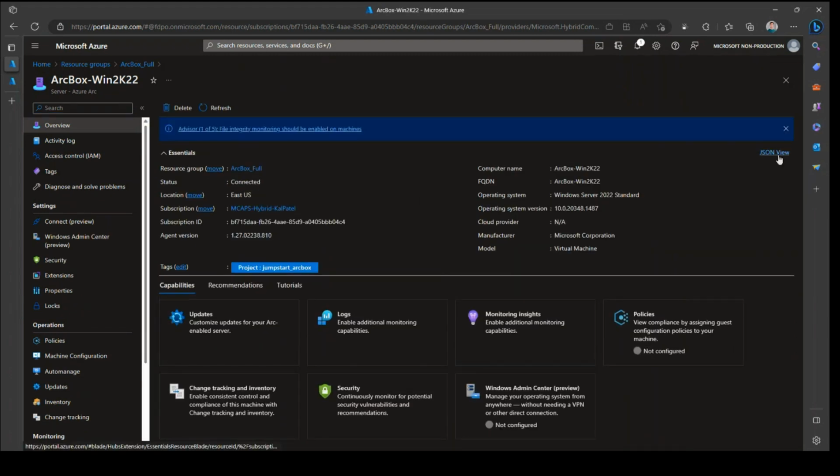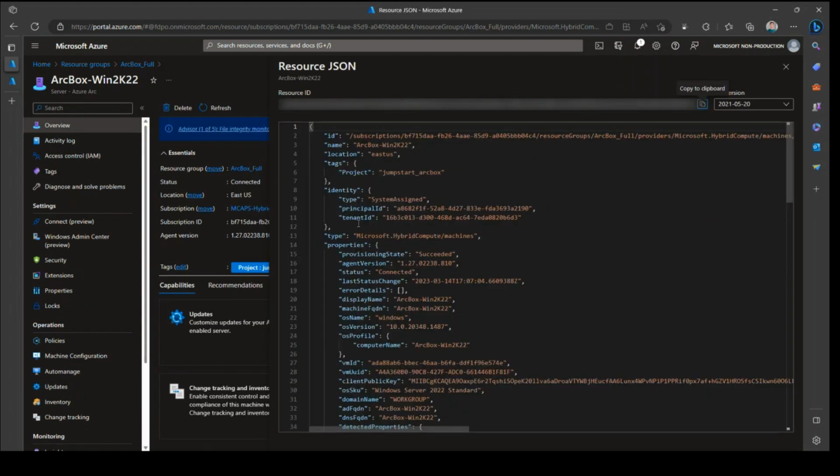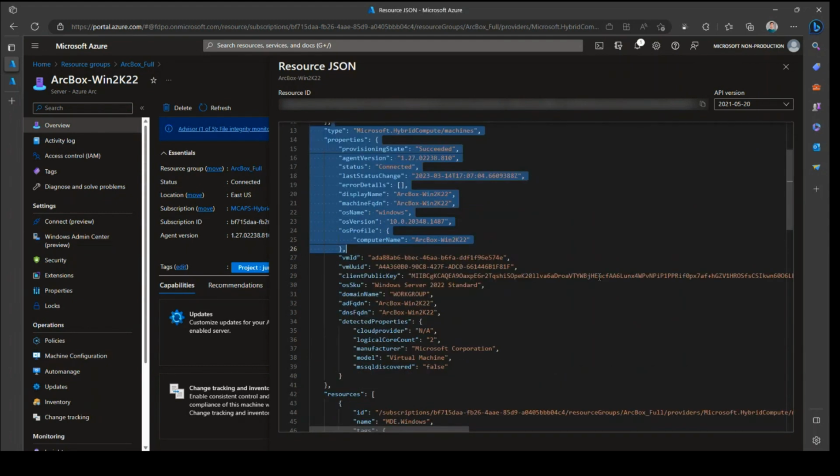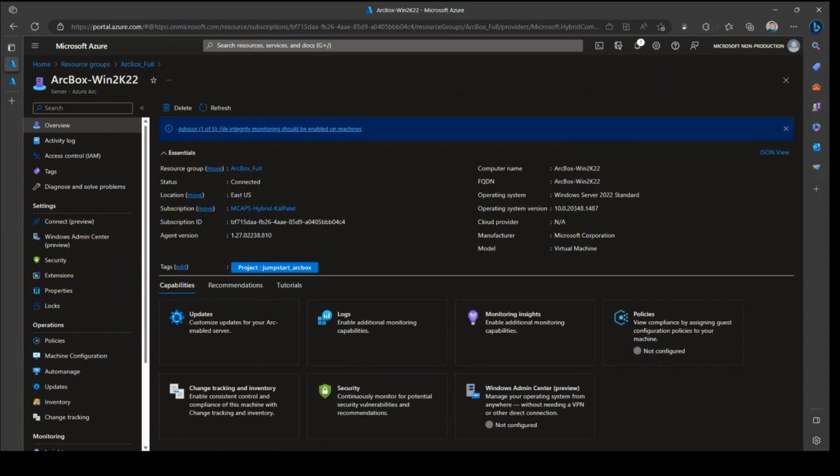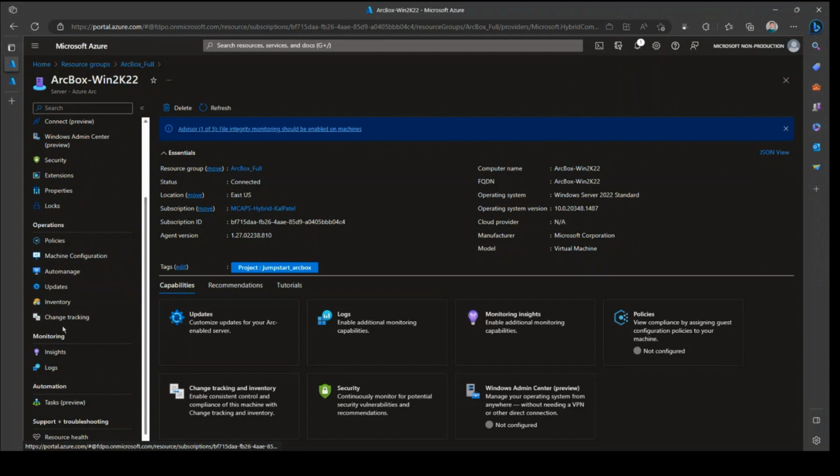All that the Arc agent does is send back a small set of metadata: which version it is, the operating system, the platform, and other details, and that is it. No other information, no other data comes to Azure. It's just that much. And what you get after that enablement is all these capabilities. As I mentioned, these are optional capabilities. You can enable whichever capability you want. Arc enablement itself is a free service. You can apply tags over here. You can search these resources through Resource Graph. You can go through inventory and change tracking and everything.